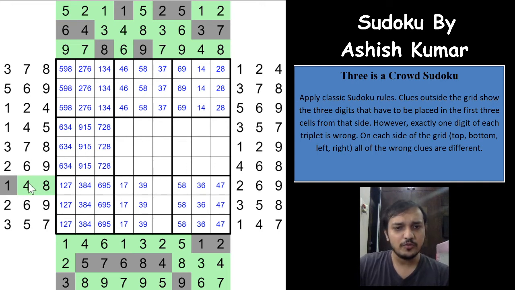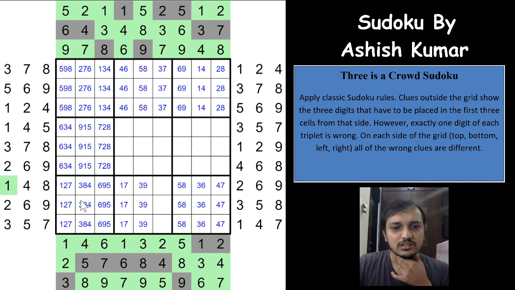And you know now 4 and 8 is correct here, 4 and 8 is correct here, and the mutual cell, the connecting cell of these 2 digits, is only this. Can you place both 4 and 8 in a single cell? It is not possible. If you place 4 and 8 anywhere other than this cell, one of these digits will have to be wrong, seeing these two 4 and 8, which means that one will surely have to be correct, right? Exactly. The same thing will apply in all the cases.